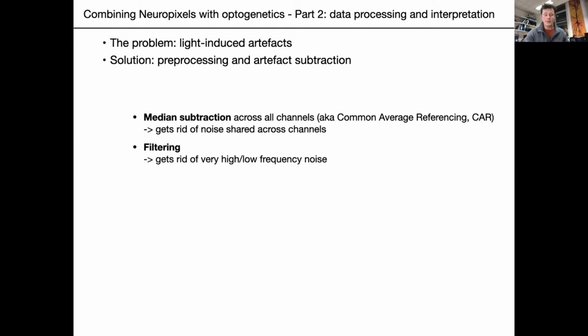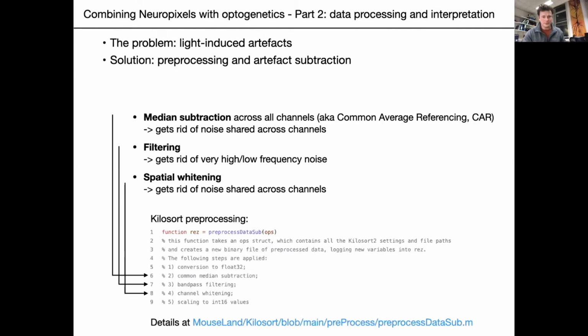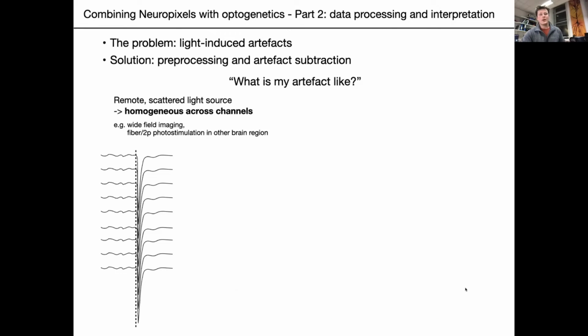You can high pass filter your data, and you can do spatial whitening, which is going to decorrelate the channels in space. So if something takes too much space, is over too many channels, it is going to be removed, because again, neurons cannot be present across 1 millimeter of tissue. And this is all done in KiloSort. You can look at the details of this preprocessing pipeline in this very MATLAB script, but it's sometimes not sufficient,